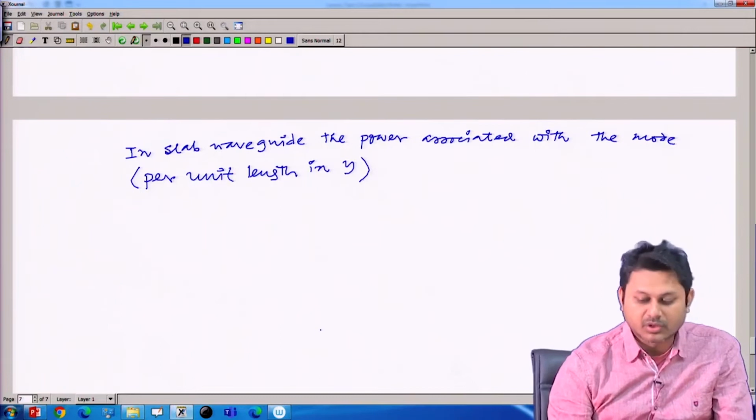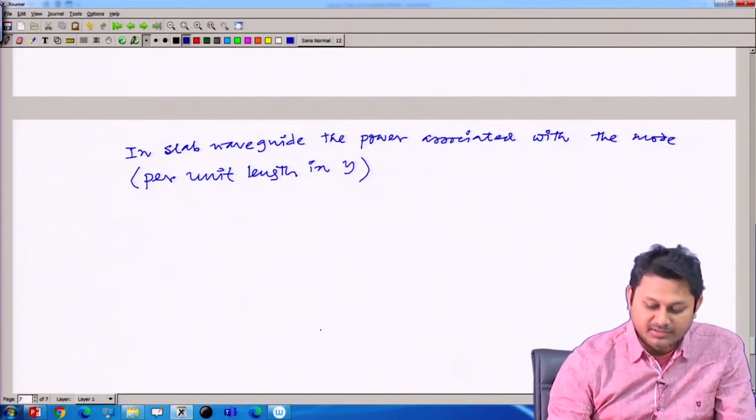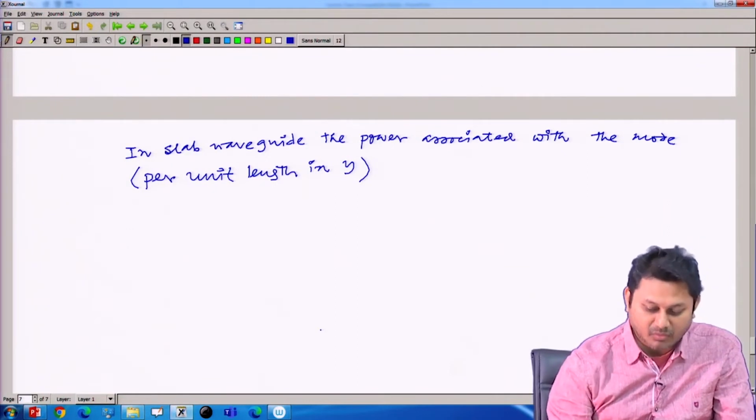That is important because it is a 3-dimensional thing, and y we take as extended up to infinity. So, per unit length of y, if I want to calculate what is the power,